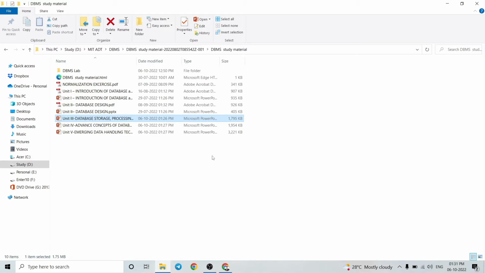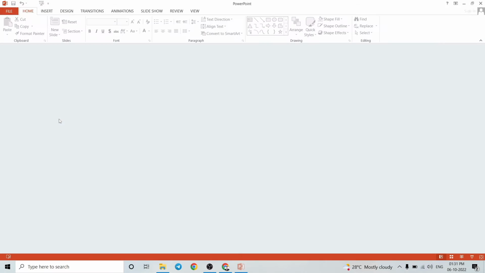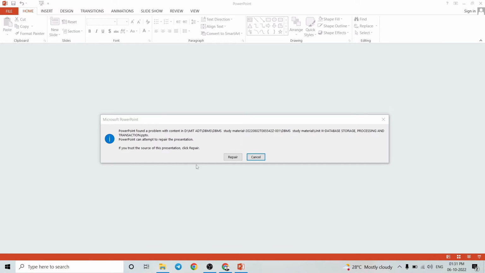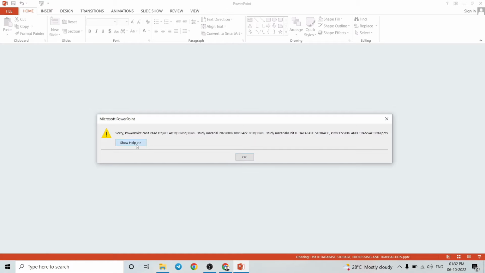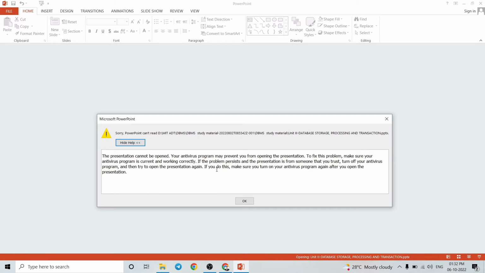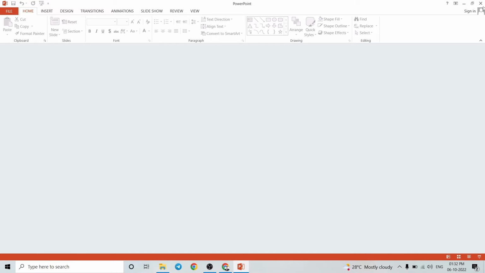Let's see how to open a corrupt file. If you open a file and you are seeing this message, you click on repair, and in the show help it is showing you something like this. So what you can do,